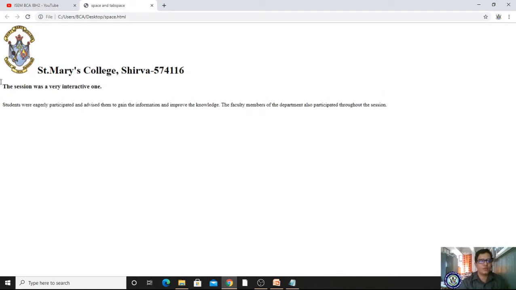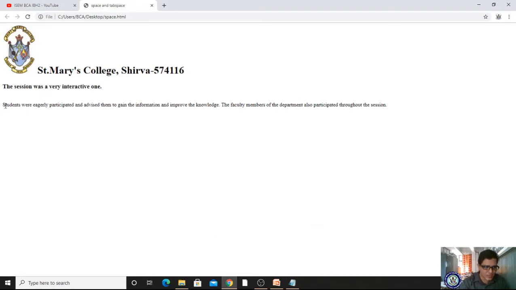After the break, what happens? It is already adding tags, so automatically some space will be taken. After the break tag, it will automatically take a break. Now I want to give S2. I want to give students space where one single space is there. I want to make it a double space.